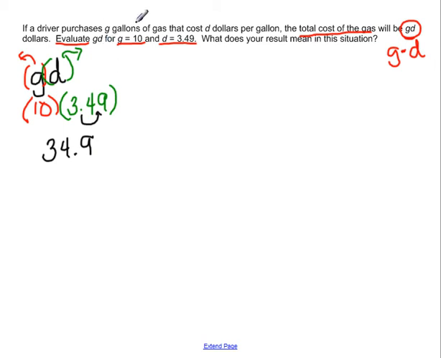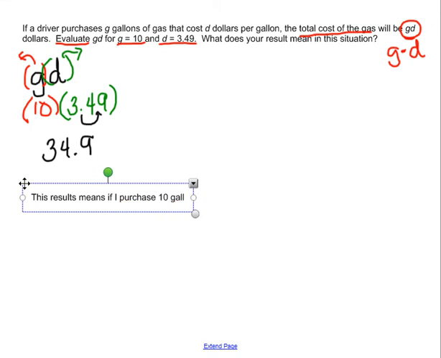But remember, this is a problem having to do with gallons of gas and the cost per gallon and the total cost of the gas. So what does this expression mean? What does this number mean? Well, let's write that out. So this result means, let's see, what does it mean? Well, we knew that G was 10. What was G? G was the number of gallons of gas. So this result means if I purchase 10 gallons of gas,